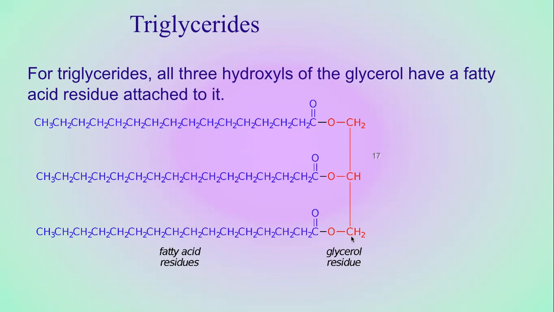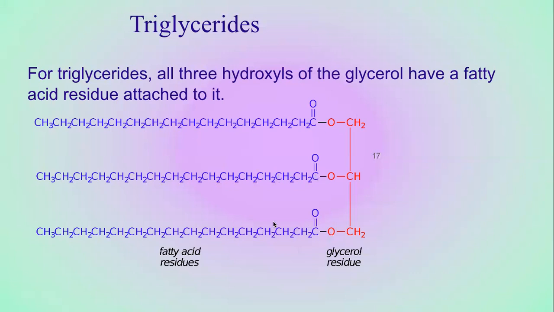And the way that the fatty acids attach is through that carboxylic acid group that was on the end, that polar head group that was on the end of the fatty acid, which is what is attached to the glycerol residue. So what you want to look for, let's say on a quiz, you might get asked to identify what fatty acid this is. You want to look for essentially this E structure where you have this backbone and then these three